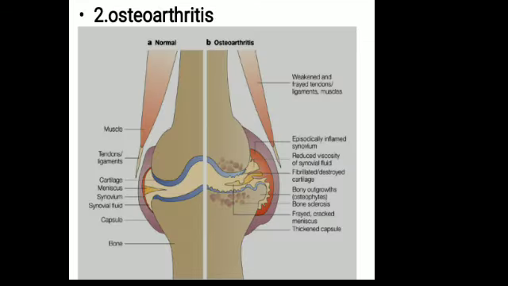Next clinical term related to the joint is osteoarthritis. Osteoarthritis is the condition where inflammation of joints can happen. This osteoarthritis is quite common in synovial joints. What exactly is happening is that the articular cartilages are undergoing ossification, because the articular cartilages are made up of hyaline cartilage. So once it is converted into bone, bone-to-bone friction can happen. Gradually this part can get inflamed.